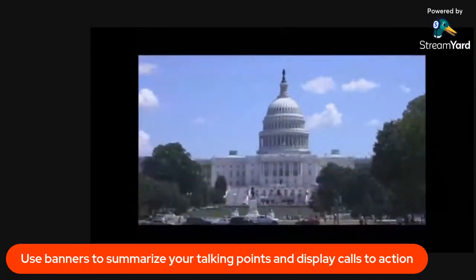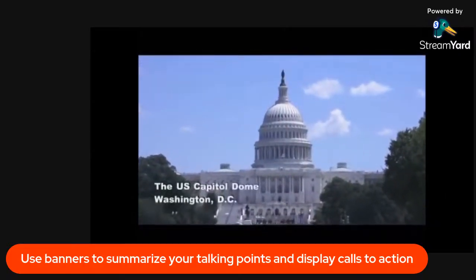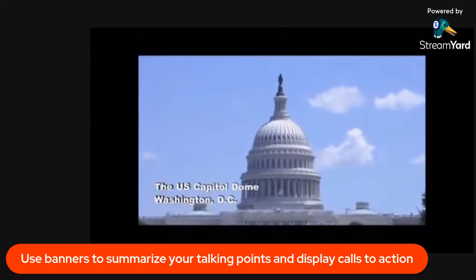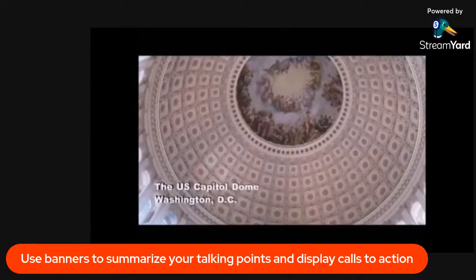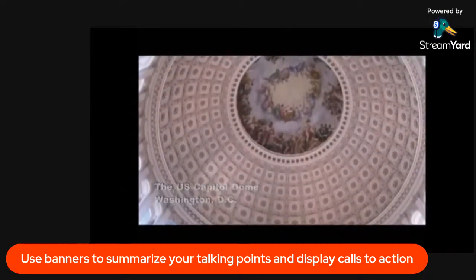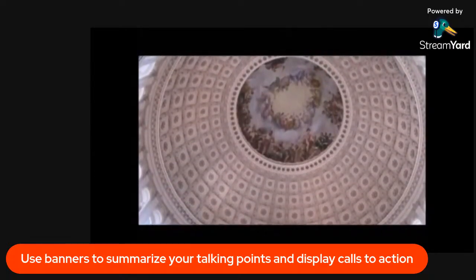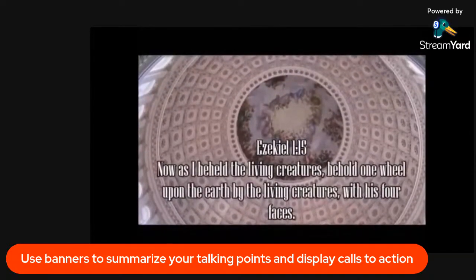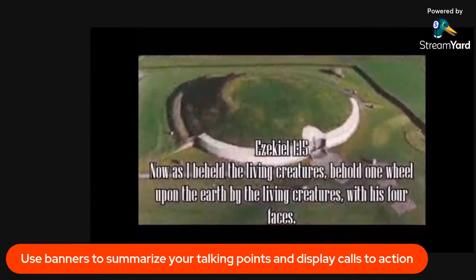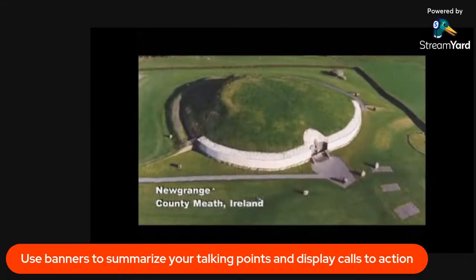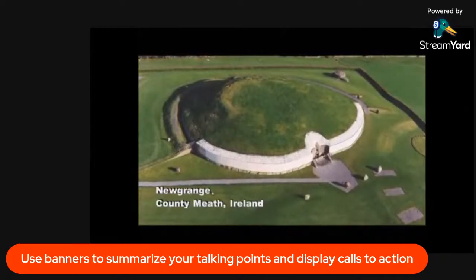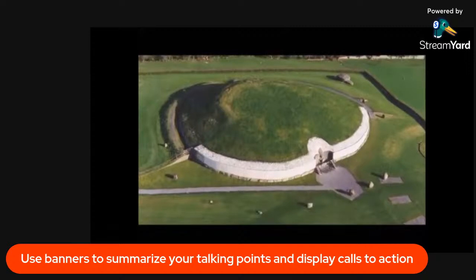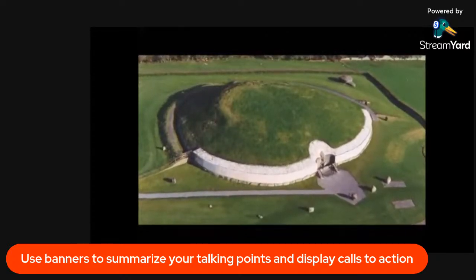So it seems that people often want a sign from God that we are not alone. Sometimes God does give us a sign if we just pay attention. Sometimes he even puts that sign up over the Capitol of the United States of America. Then we will take a look at Newgrange in Ireland. This structure predates Stonehenge by over 200 years, and yet it too contains unbelievable details related to this new theory of the structure of all matter. More on Newgrange later in this video series.